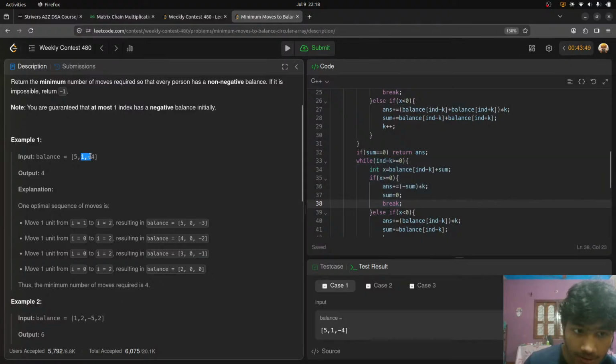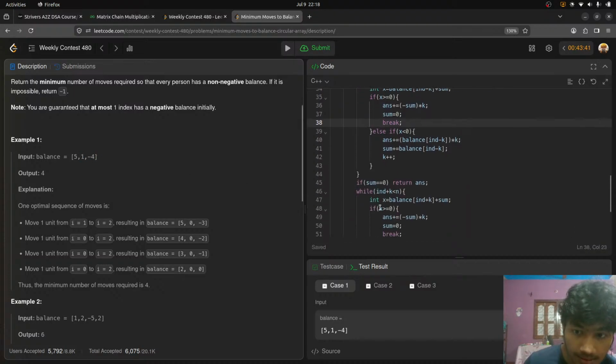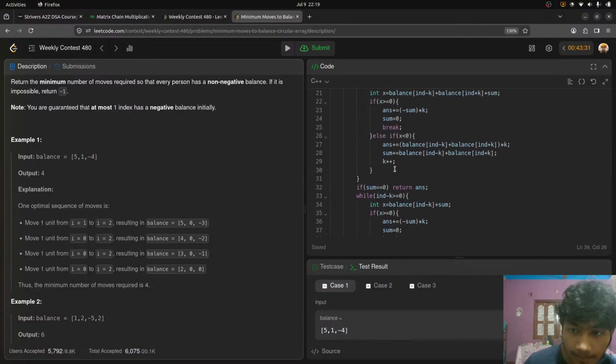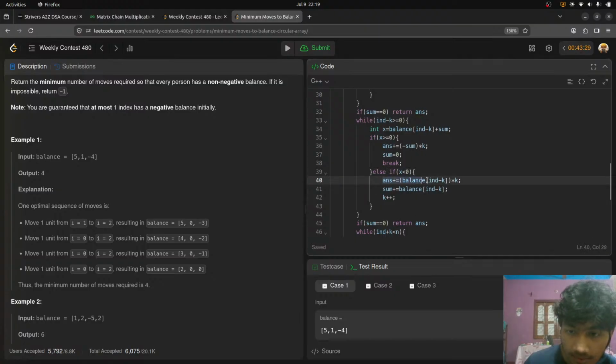Now k minus 1, and whatever the balance I have here plus sum is still less than 0, correct? It's less than 0, then if it is less than 0, then add